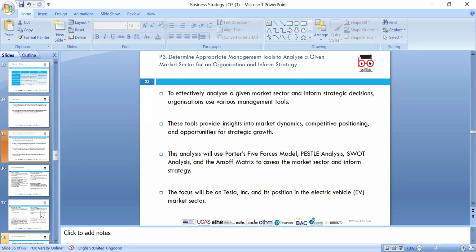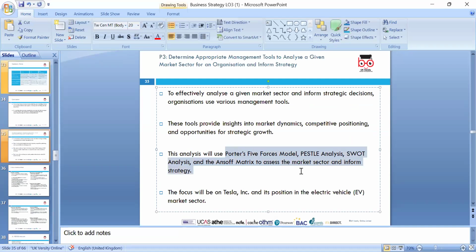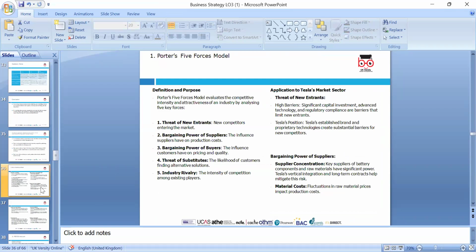Then we have P3: determine the appropriate management tools in the light of the given market sector for an organization's informed strategy. So what we can do, we can look around as we've seen these models in different organizations. We can pick any organization of choice. We can apply these models, like in terms of Tesla, which we just saw, and we can relate to P3. So P3 is Porter's 5 forces; we had a discussion about Porter's 5 forces: threat of new entrants,